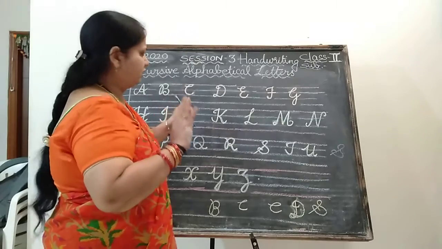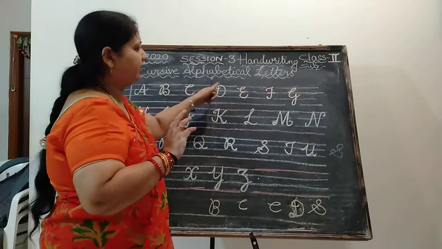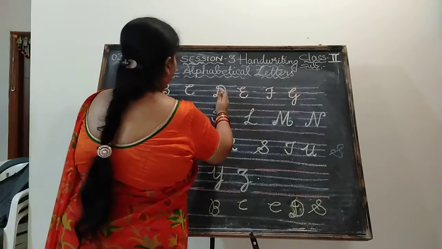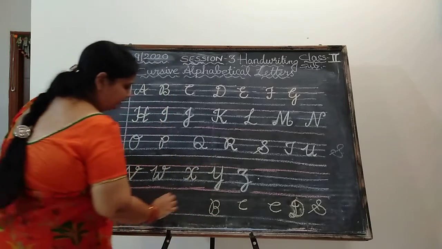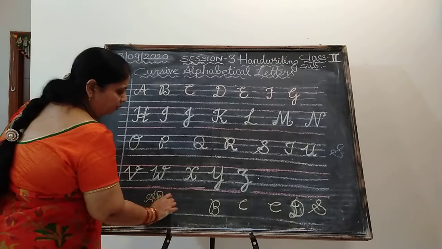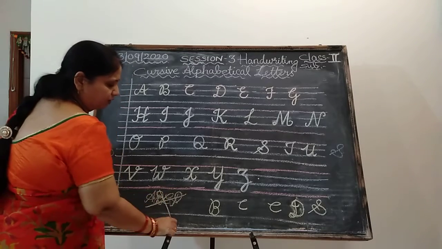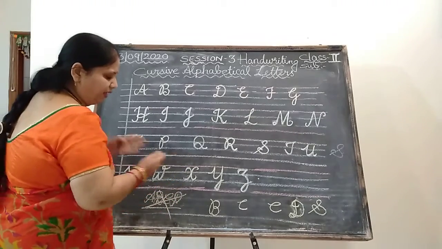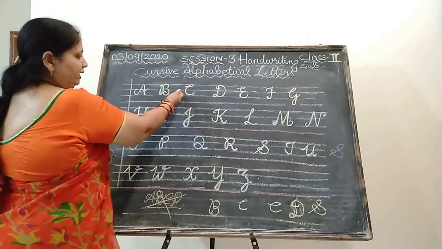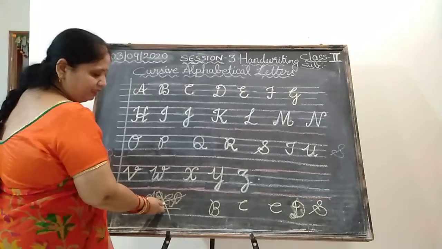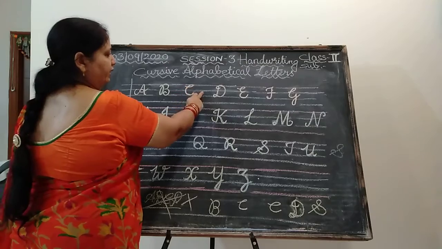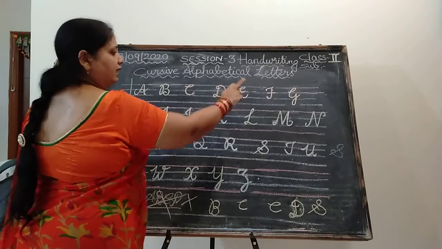Place a finger gap after each and every letter and keep on writing. You don't pack all the letters so clumsily. If you start writing, for example, I don't write like this, I was just showing you. If you write like this, can you understand? No. If you write like this, is it a good way? No, this is wrong. Don't pack all the letters very near without any finger gaps. See how dirty the handwriting looks, isn't it? Look at this handwriting and this handwriting. Will you write like this? No, this is wrong. How to write? Place the finger gap, give space in between two letters, and then keep on writing.